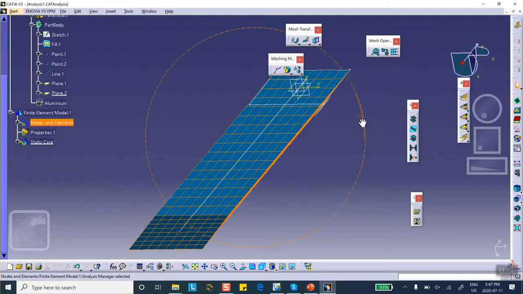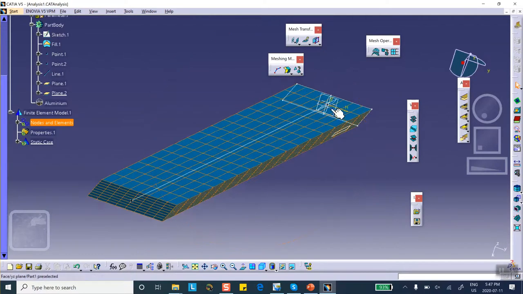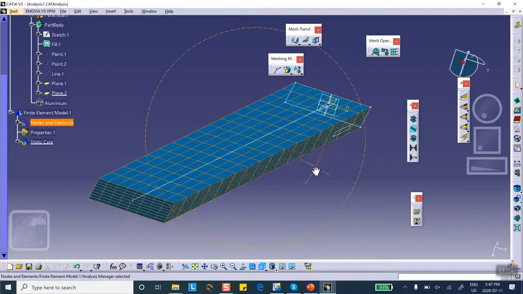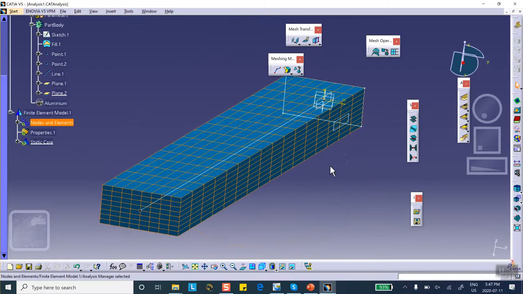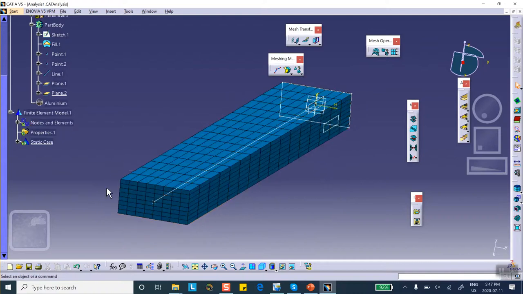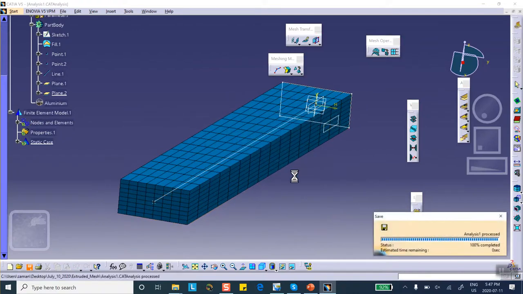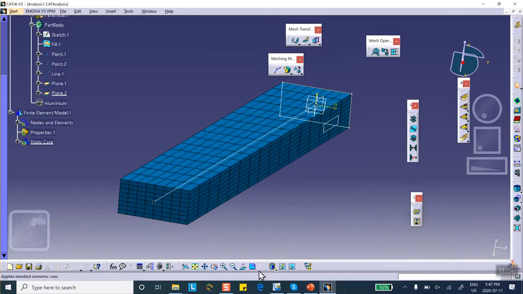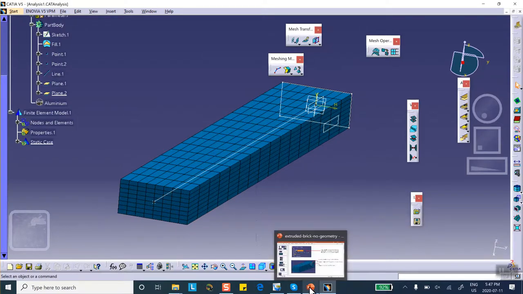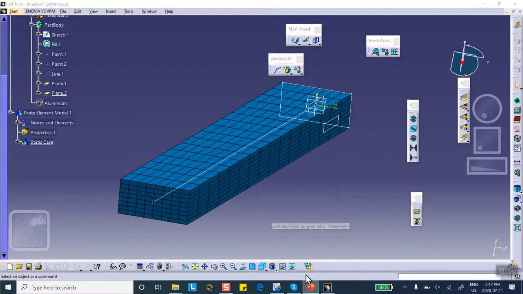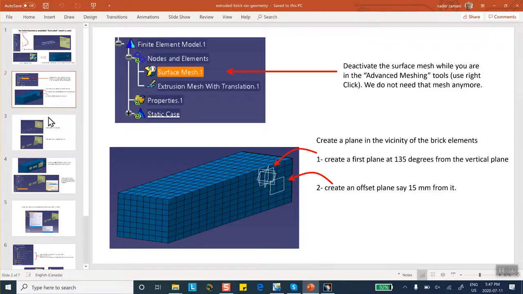Yeah, if I had offset it by this, it's a little bit different. It's not exactly on the side, but that's okay. I offset it by 15 millimeters. Okay, good. Save everything. All right, so from this point on, now that the mesh has been created, we need to go to,